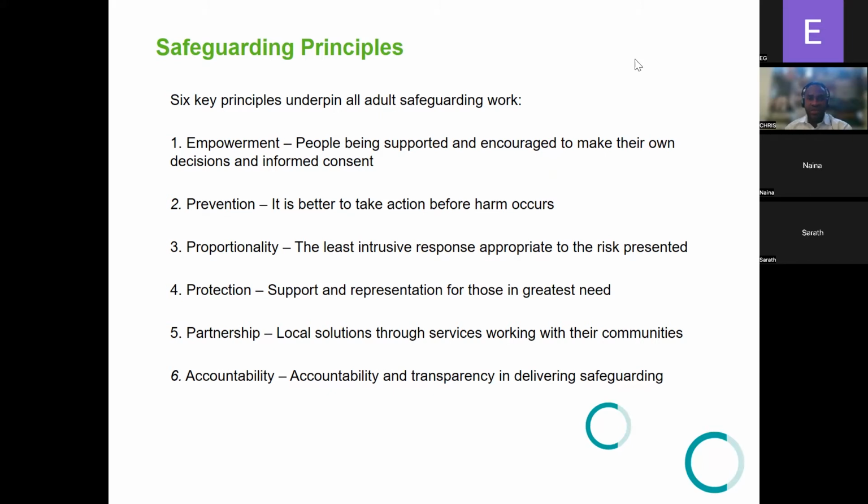The next two, Sarah? Yes. Number 5 and 6. 5, partnership, local solution through service working with their communities. Yes. And the last one? Accountability and transparency in delivering safeguarding. Delivering safeguarding, very good. So partnership includes